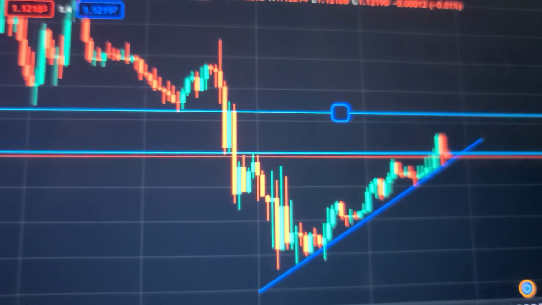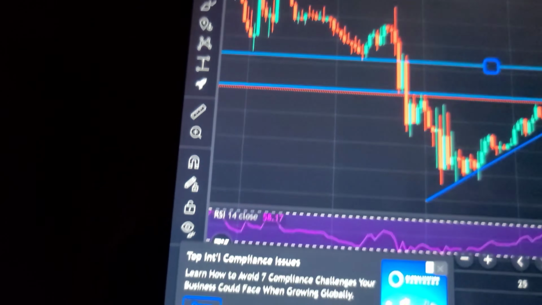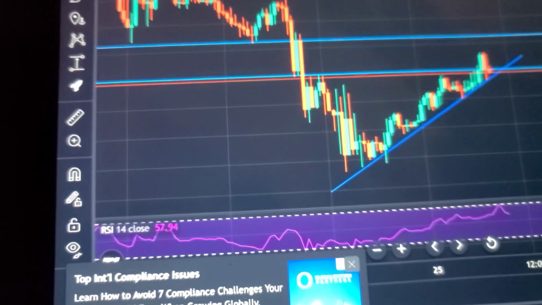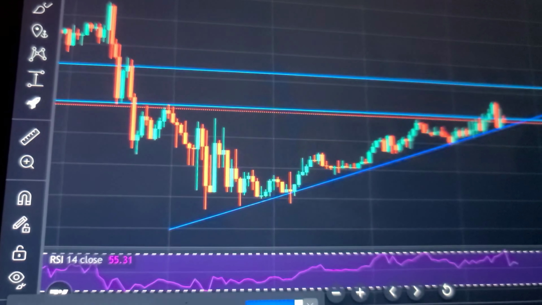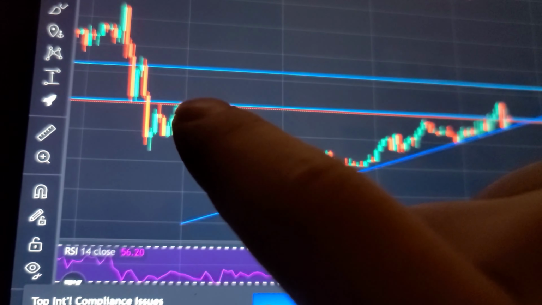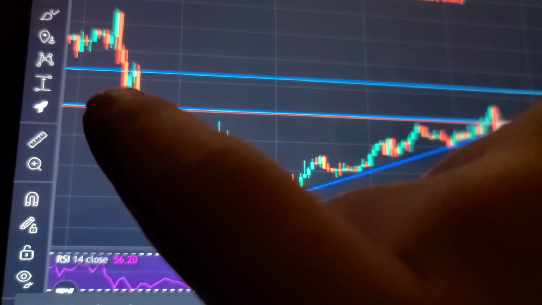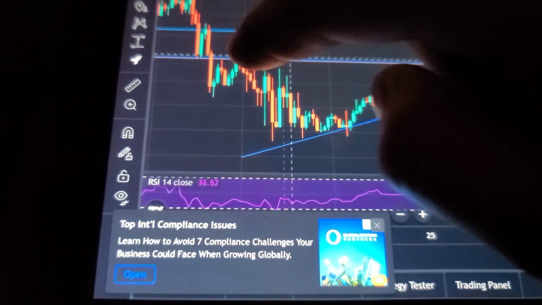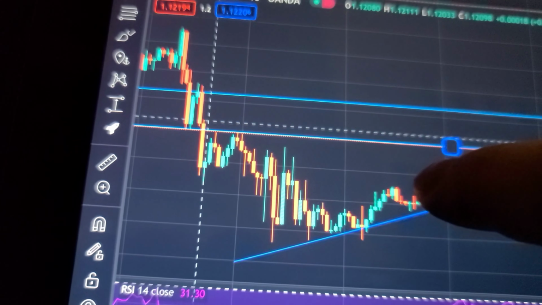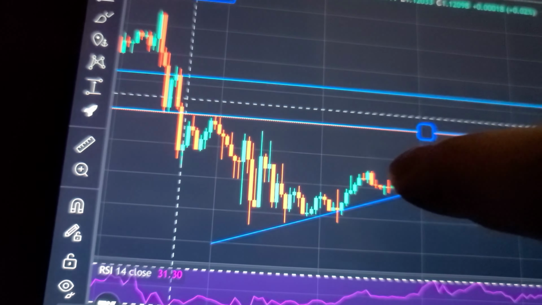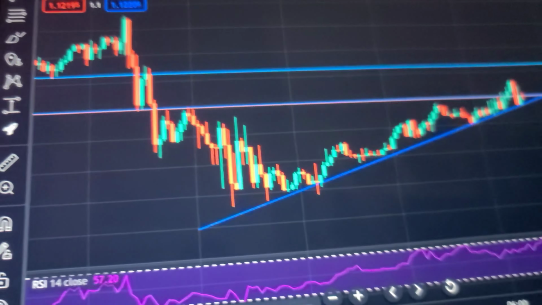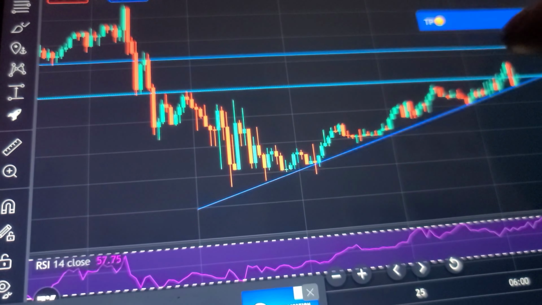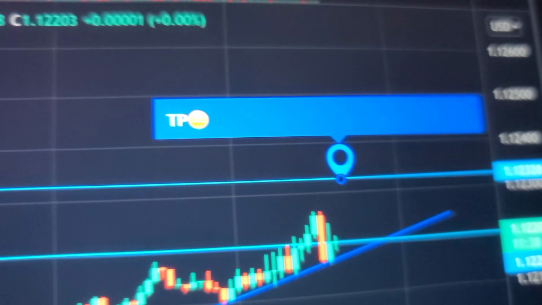What happened was it just kind of consolidated for a long time. Then you can also go to the 15 minutes, which is what I use for an entry. As long as it broke above this area, I was going to get in. I was kind of hesitant in this little area here, but it ended up breaking above, as you can see here. So I was going to hold it. I had a little symbol, take profit with the,